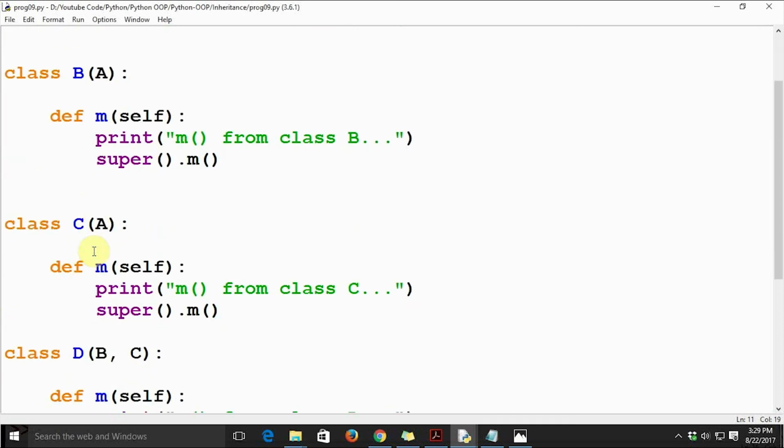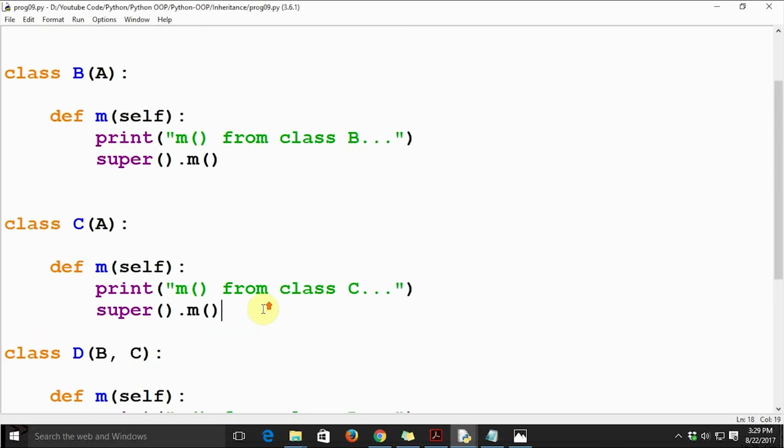The same way I want to override method m in class C, right? So now I wish to inherit a couple of functionalities of method m into the method m of class C. So here also I'm giving a call using super.m.